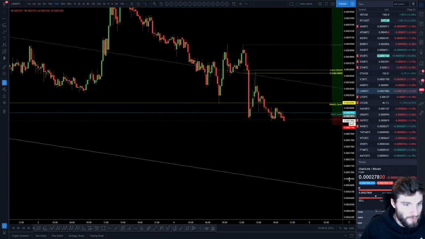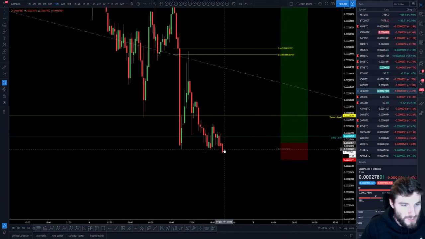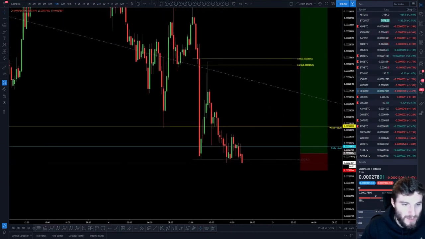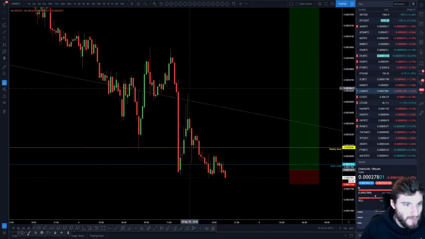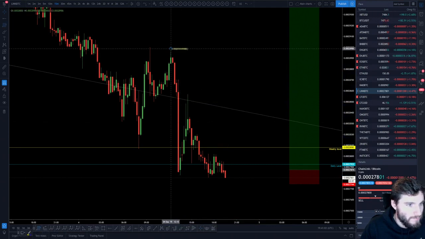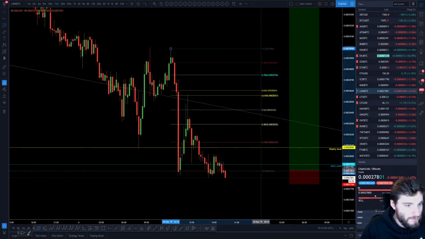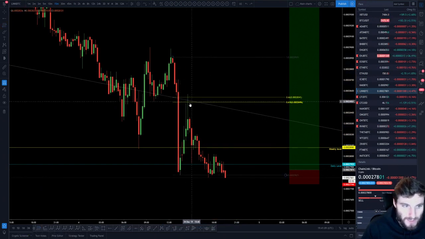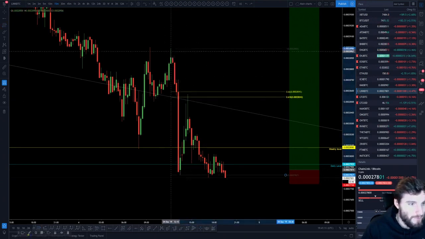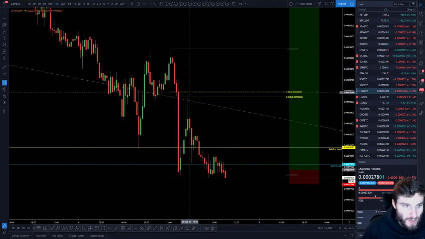Then when we zoom in on the 15-minute time frame, you can see this is breaking down right now, but nevertheless it still hit a take profit. But then you can see from the high up here down to the low, the low at the time, that's where the CC was coming in.